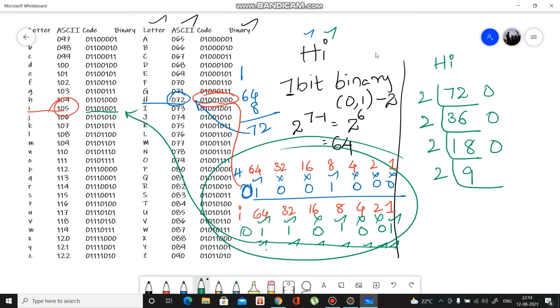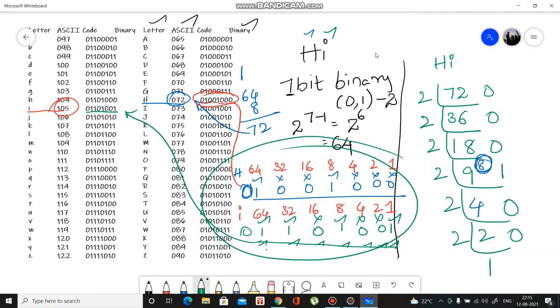If you are not able to divide it into a whole number, then you should divide it till how much it gets. Like 9 divided by 2, 8 only it will go, so divide till 8 and the remainder you will get is 1, and here it's 4. Next it's 2, then again it will be 0, then again 2, then if you divide by 2 it will be 0, and at last you will get 1.